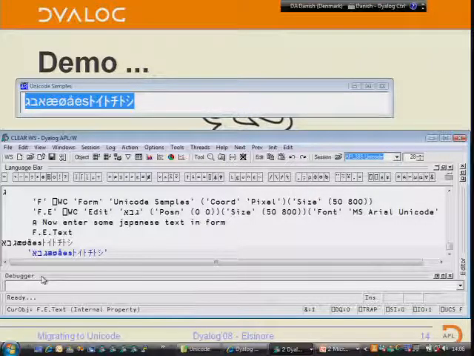What's the difference in this control than the controls we've used in the past? There are no differences. This is just standard Windows behavior. This has got nothing to do with Dyalog APL at all. The only difference in version 12 is that in version 11, if you typed f.e.text here, it would have said something different. That's the only difference, because now when we read these Unicode characters into APL, we can say, we know what that is. That's just Unicode.